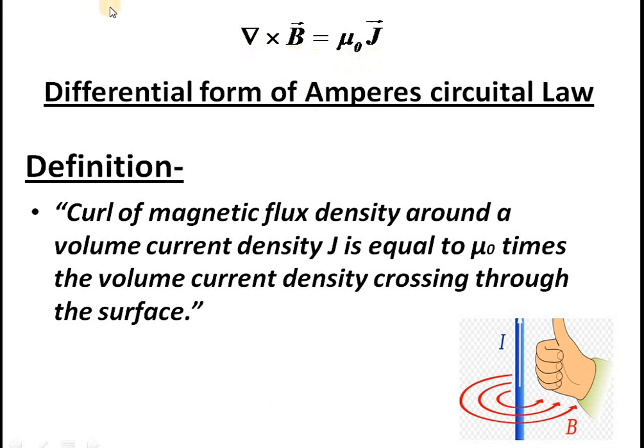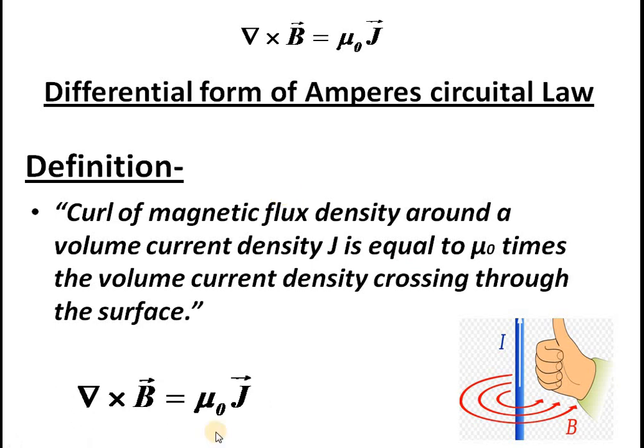This is another form. The previous one was the integral form: the integral of vector B dot dl is equal to mu 0 I, the integral form of Ampere's law. And this is the corresponding differential form. Both give you the same physics, but in two mathematical forms. You can memorize both the definition and the equation with a proper understanding of the physics. They indicate the current carrying wire and the magnetic field around the coil.